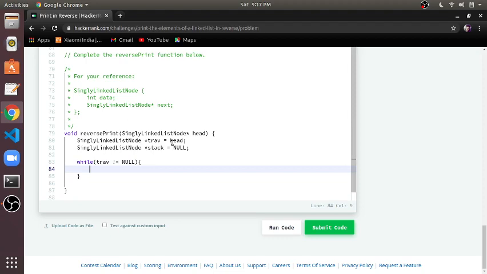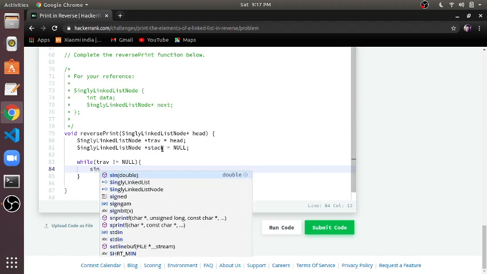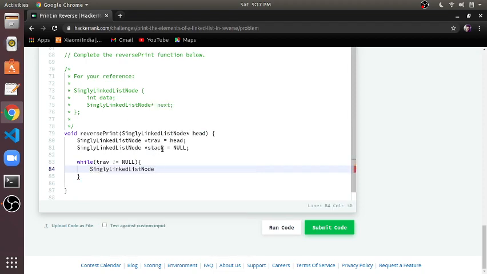we have to create a new node to put into this stack. To create a new node we have to take a new node variable and give a size to it, that is sizeof pointer, that is head, and sizeof int. So sizeof int plus sizeof head will create a new node.